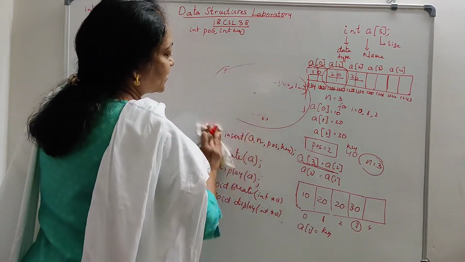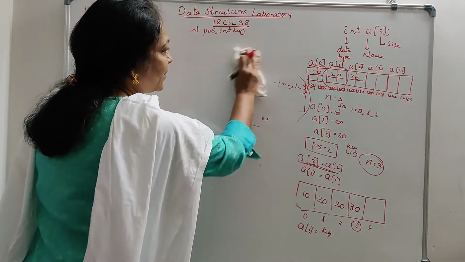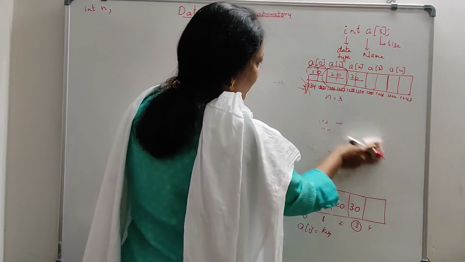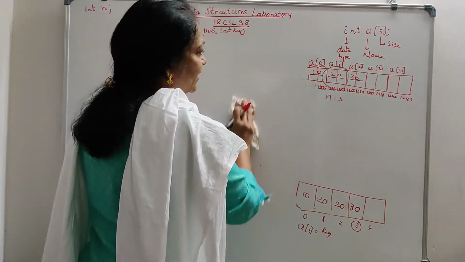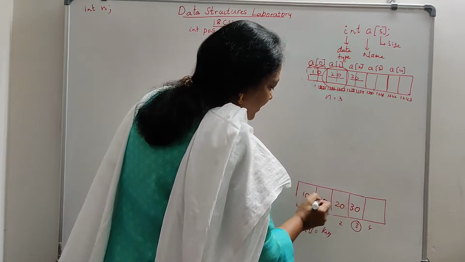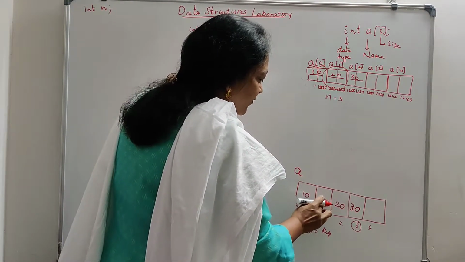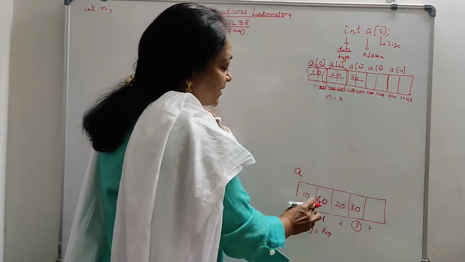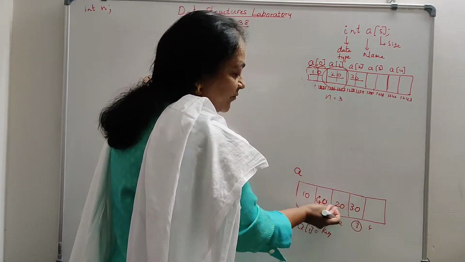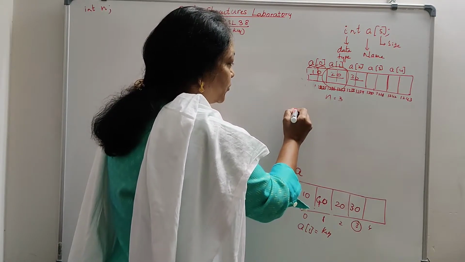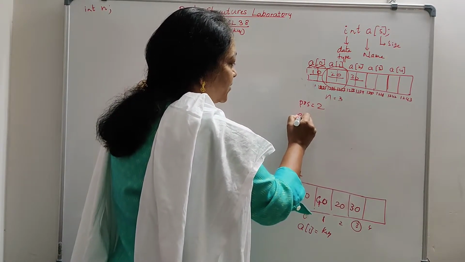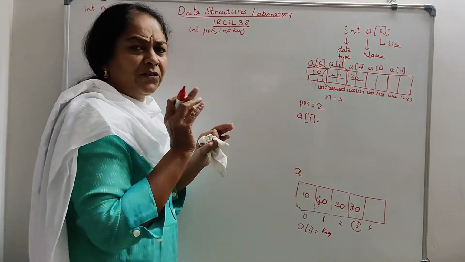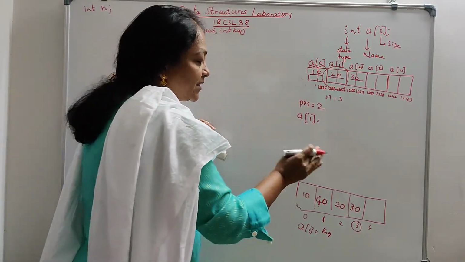Okay. So next, how are you going to delete an element from the given array? For deleting from an array also, suppose this is the latest one. I want to delete 40 from this array. So how am I going to do that? Because this 40 is deleted, the rest should be shifted further. So position is equal to 2 again. That means a of 1, position is 2, I want to delete from position 2, and you don't need any key element because it's just deletion.